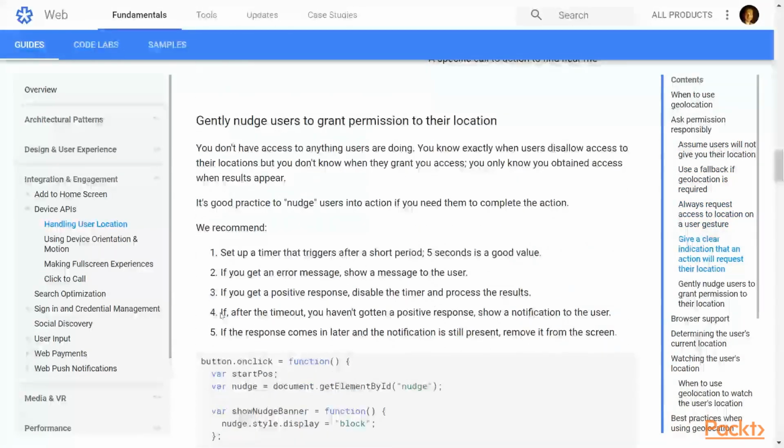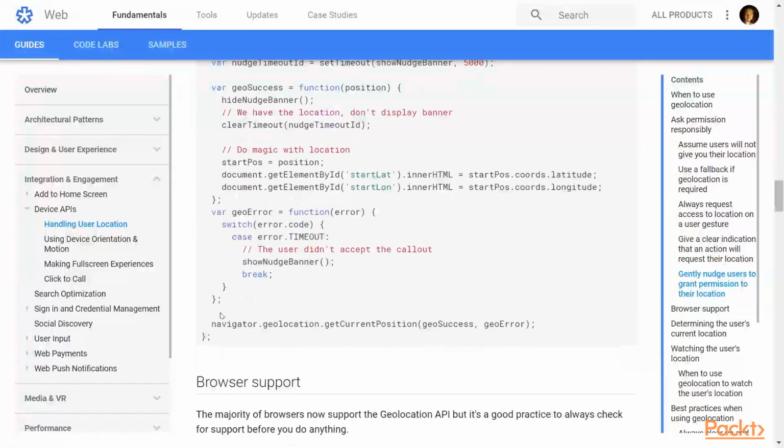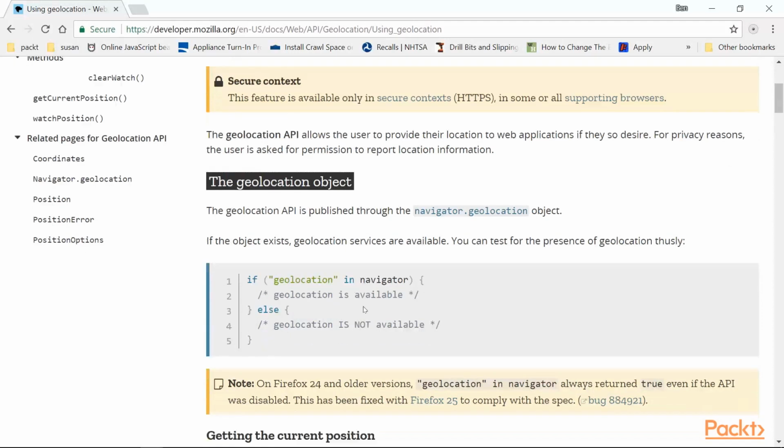For example, making it clear why you're asking for a location and to ask for locations only when the user might expect. Since it is personal information, a user doesn't usually like to share this information unless there's a good reason for it. As of the most current versions of most of the browsers, geolocation is only allowed in HTTPS